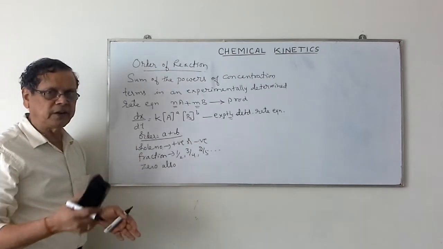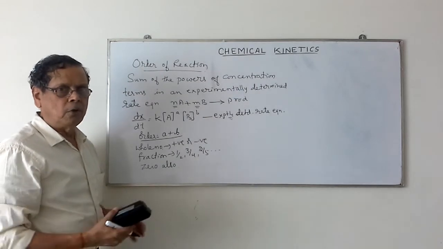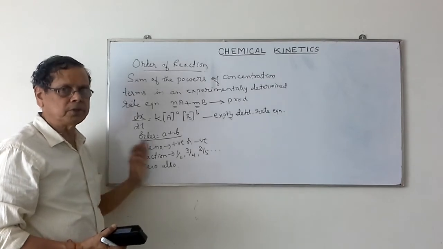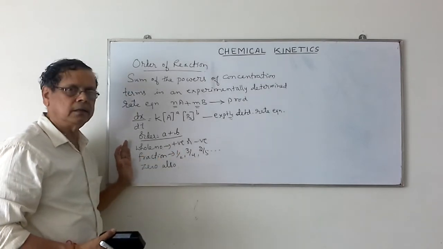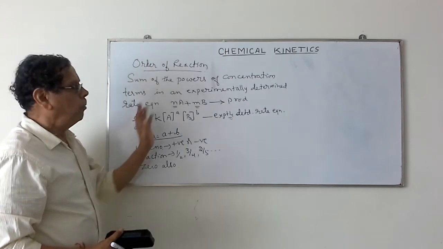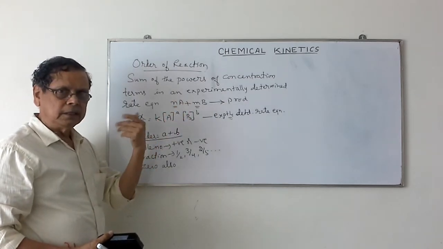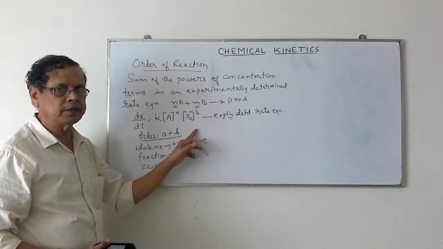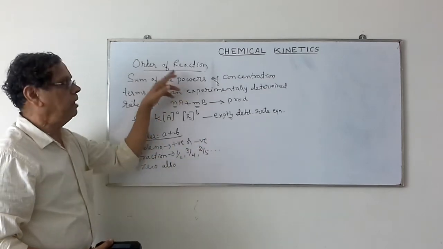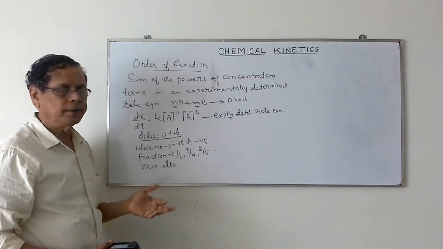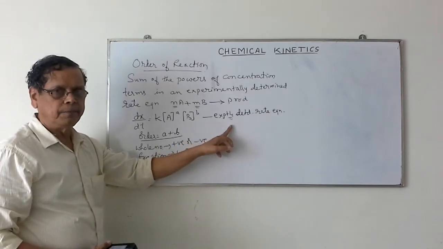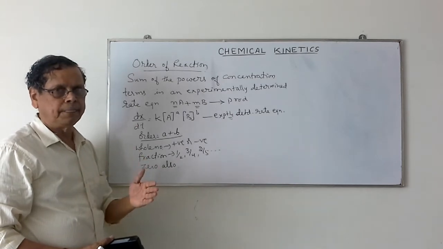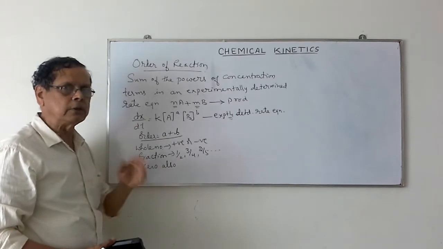But if you consider the differences between molecularity and order, molecularity must be a whole number, but order may be either a whole number with positive or negative sign, or it may be a fraction, or it may be 0. Molecularity is determined from the balanced chemical equation, while order is calculated from the experimentally determined rate equation. It means molecularity is only a theoretical value, but order is an experimental value. Molecularity is applicable for individual steps, but order is applicable only for the slowest step.